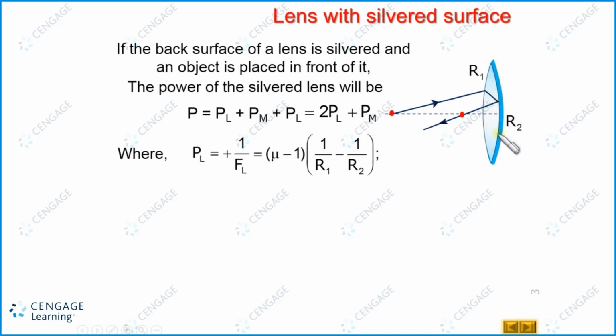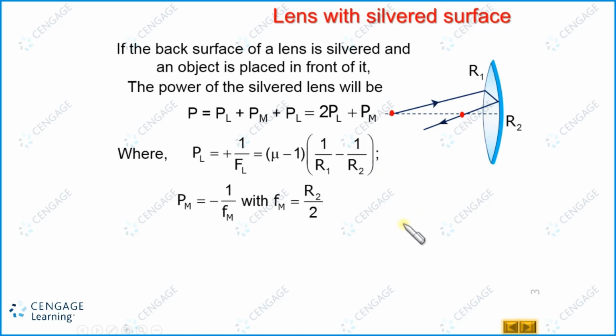Now we can write the expression for the focal length of the mirror form. We know the radius of curvature of this surface is R2, right? We know the radius of curvature is related with the focal length of the mirror, equal to R2 divided by 2 in magnitude, and focal length reciprocal with the negative sign gives the power. So we can write power of the mirror as minus 1 upon Fm, and we know Fm equals R by 2, here in this case R2 divided by 2.